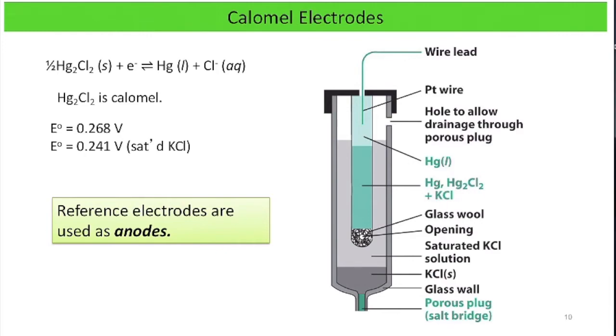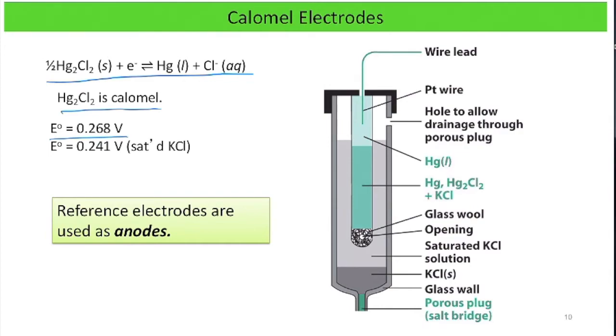So we don't normally use the standard hydrogen electrode when we are taking electrochemical measurements. We'll usually use one of two electrodes, and the first one I'll talk about here just briefly is called the calomel electrode. And this is the reaction of the calomel electrode. So it's mercury chloride in equilibrium with mercury and chloride, and the mercury chloride is called the calomel. Now this doesn't have a voltage of 0 volts like the standard hydrogen electrode. It has a voltage of 0.268 volts in its standard conditions, but usually with these types of electrodes, we don't